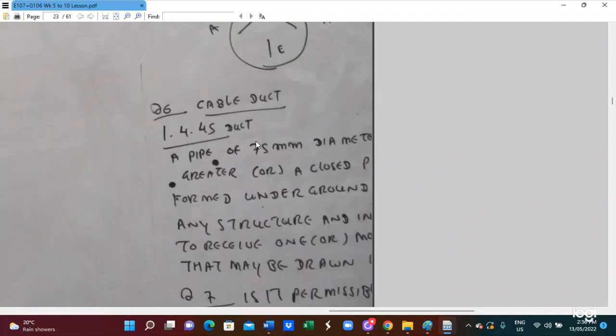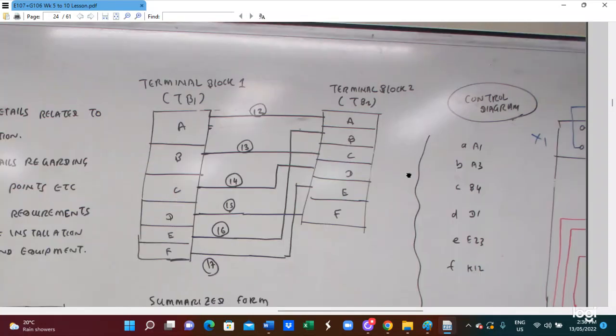So for cable duct, in this case we have to utilize up to 75 millimeter. We have to utilize a conduit for greater than 75 millimeter diameter. We have to utilize the cable duct. So the next one is for the